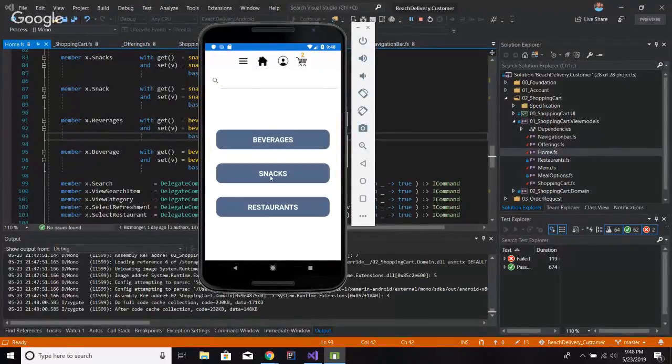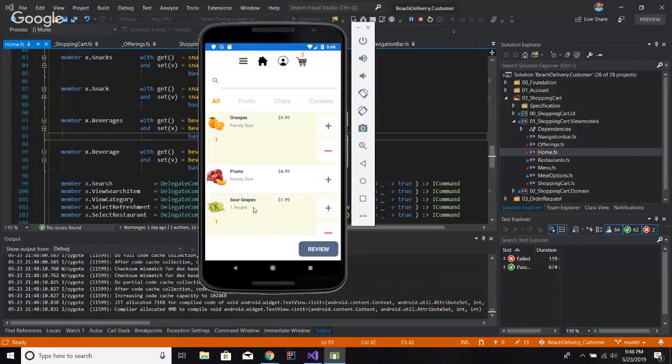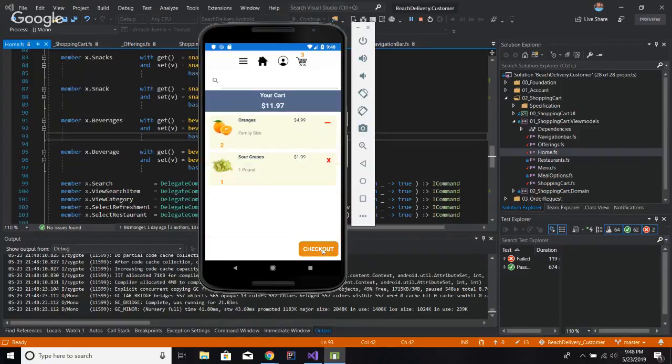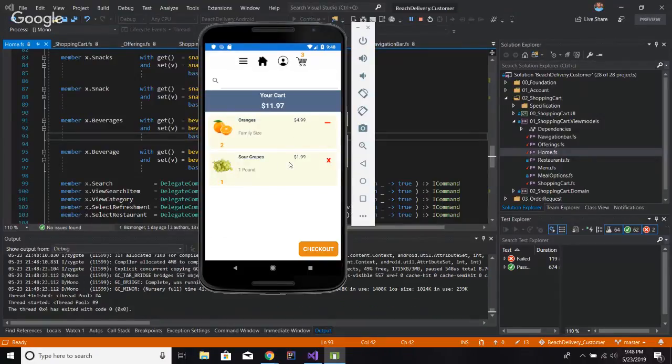The question is, if we go back to snacks, these items are still selected. And if I add an additional orange, it's updated. If I go to review, we see it's two oranges, one grape. All right, so that's kind of what I'm looking for. And so the adding is fine. The adding works when I'm adding items. It's when I change my mind and I want to remove an item from the cart that